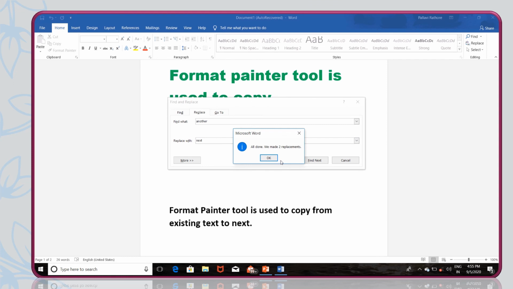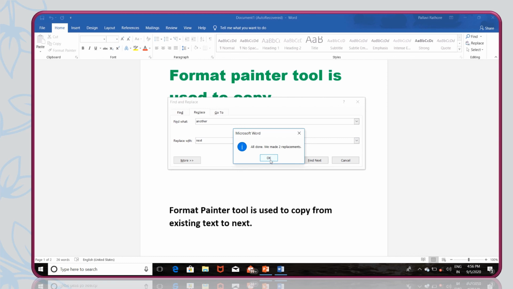Now you can see after clicking on Replace All button, a small notification is appearing here. Okay, and it is telling that all done. We made two replacements. It means here two definitions were there and in both of the definitions there were two words another. Okay, so they have replaced both of the words. So there are two replacements.